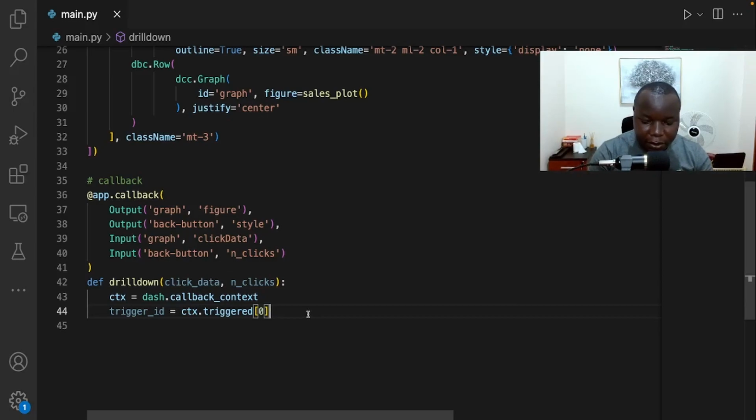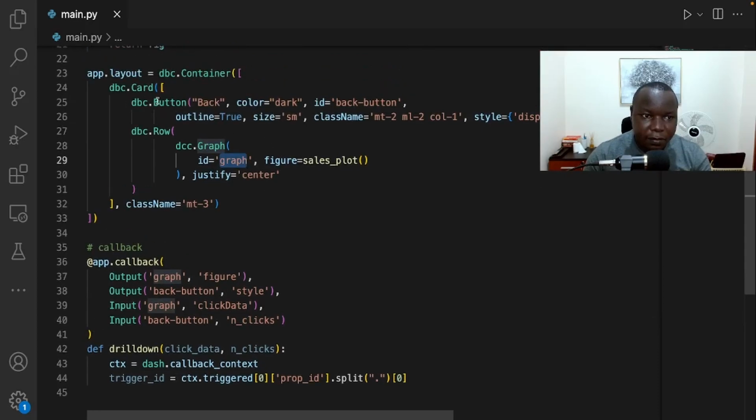So what I'm going to do is pick the prop ID from here. Then I'm going to split it because it is a string that has a full stop inside. So let's split it on the dot, and I pick the first value. That first value will be graph, the ID that caused the